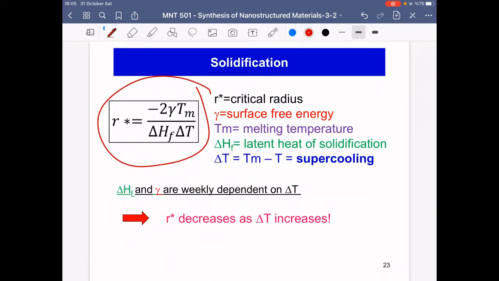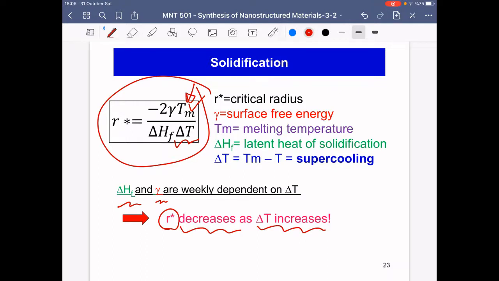That's negative, and I now have a temperature that I can define, and this is the delta T. As you can see now, since these two are weakly dependent on delta T, the R star is decreasing as delta T is increasing. So the higher the temperature difference,